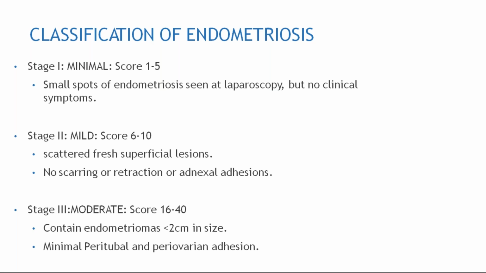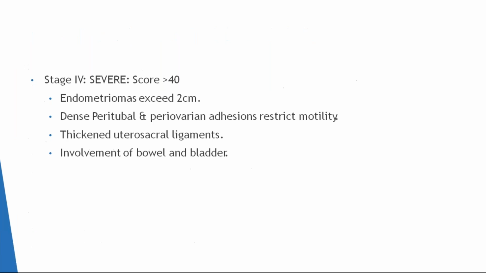Here, there are scattered fresh superficial lesions, no scarring or retraction or any adhesions. Small superficial scattered lesions. And moderate is 16 to 40 score. They contain endometriomas, meaning ovarian cysts, less than 2 centimeters in size, and minimal peritubal and periovarian adhesion. Severe includes score more than 40, and here the cysts or endometriomas, chocolate cysts, are more than 2 centimeters in size, dense peritubal or periovarian adhesions with